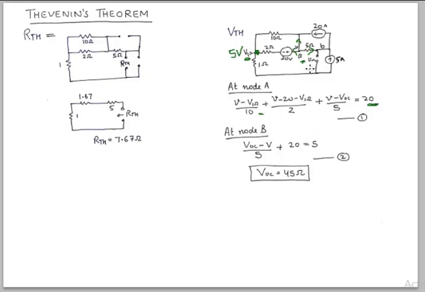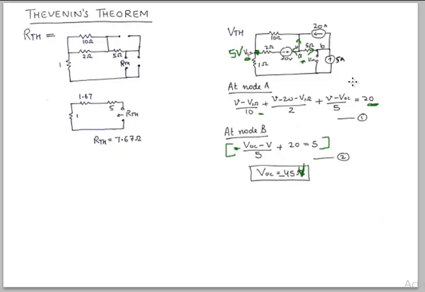And at node B, there's a slight mistake here, because we have assumed this current to be moving in this direction, so this must be a negative sign here. So if we get a negative sign here, we get a minus 45 volt here by solving 1 and 2. Please understand that V minus VOC upon 5 is also entering the node, and 5 is also entering the node, and 20 is leaving the node. So a slight mistake here, so you should correct that, and solving 1 and 2, you'll get VOC to be